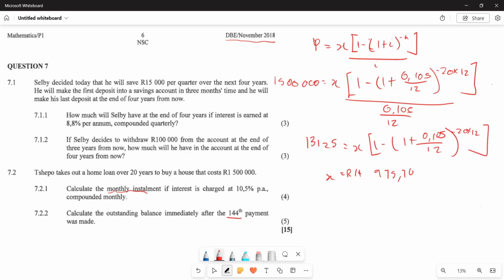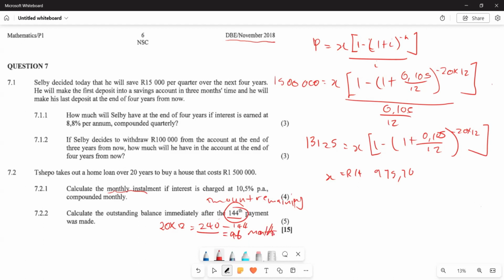And when you are using the present value formula, what do you use now? If you are using the present value formula to calculate the outstanding balance, you calculate for the amount of years or payments remaining to be paid, not the ones that have been paid. So if this is 20 years multiplied by 12, which is 240, right? So we are saying now, instead of calculating for the 144 when you are using the present value, you are going to subtract 144. You are going to calculate for the 96